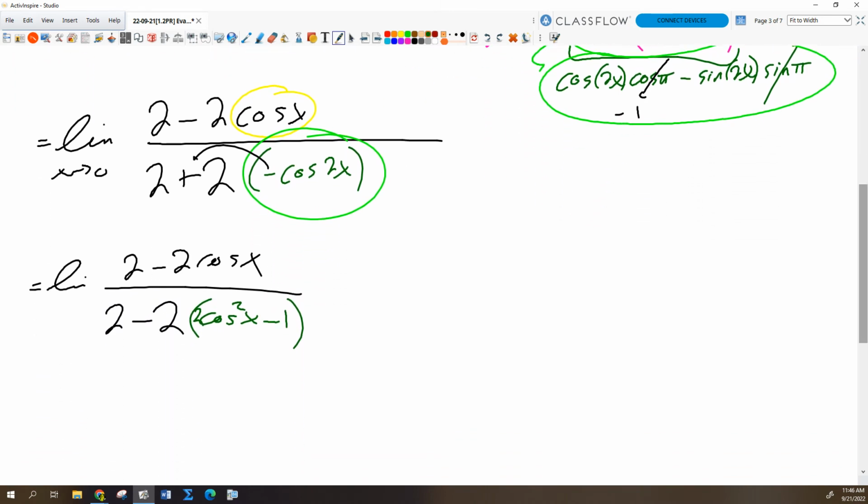And 1 minus cosine x over, so where are we going with this now? I'm trying to figure out where we're going with this. Four cosine x minus, okay, I see. Yeah. So then,